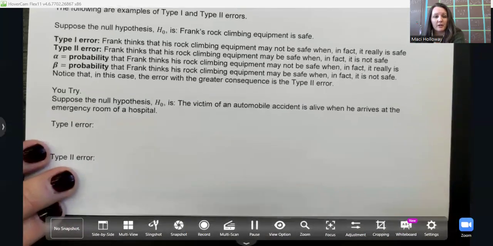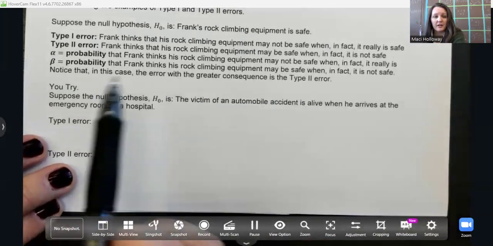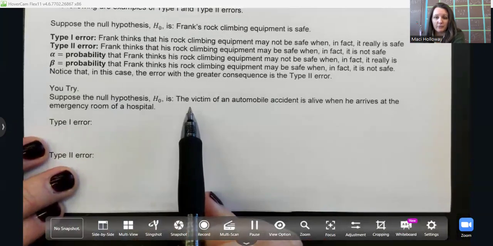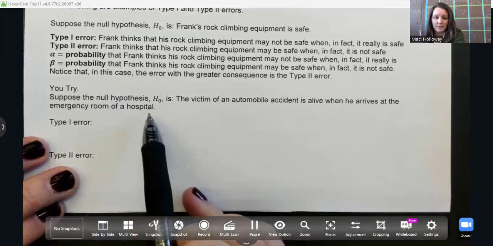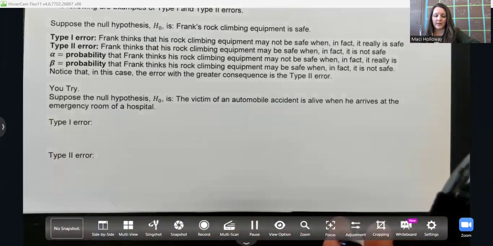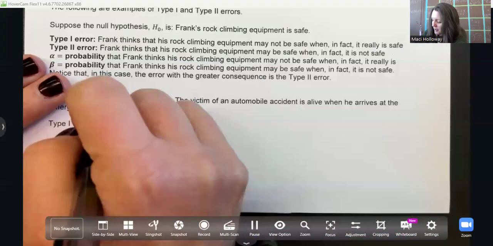So here's our null hypothesis for this example. The victim of an automobile accident is alive when he arrives at the emergency room of a hospital. So you can pause and try this. So our type 1 error, a false positive, right, is that the emergency